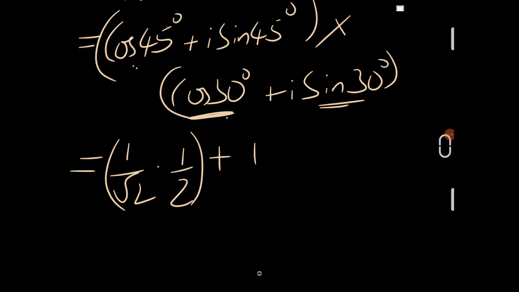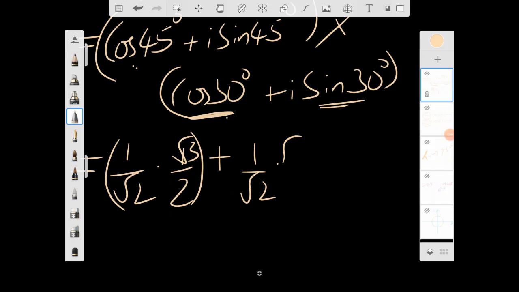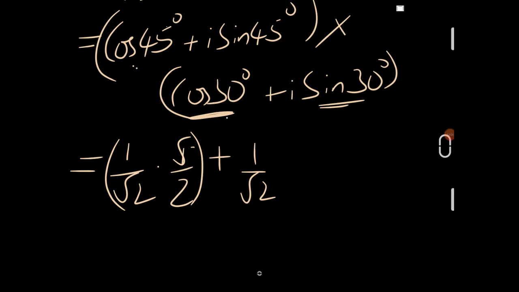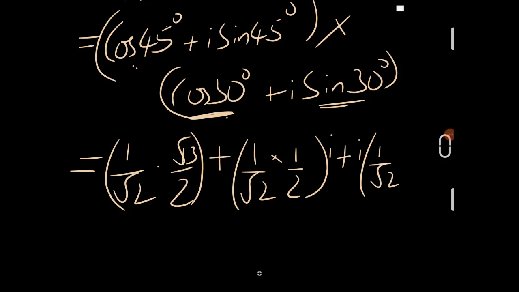Cos 45 is again 1 by root 2, and sin 30 is 1 by 2. Then i sin 45 into cos 30: that is i into 1 by root 2 into cos 30, which is root 3 by 2 again,